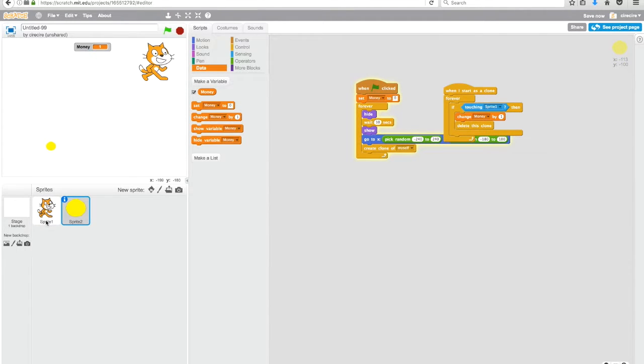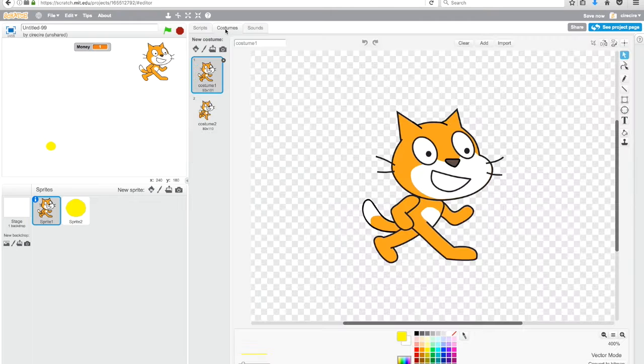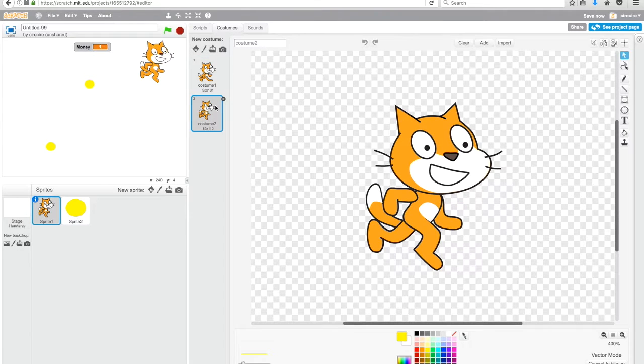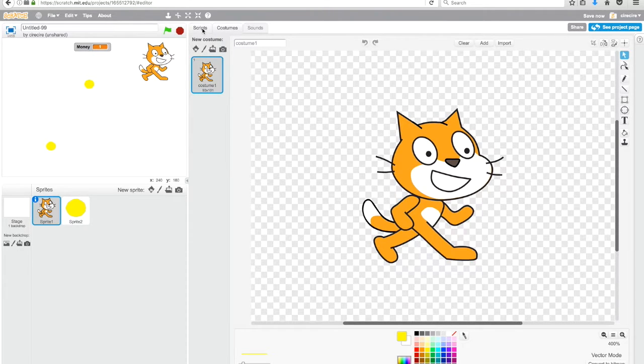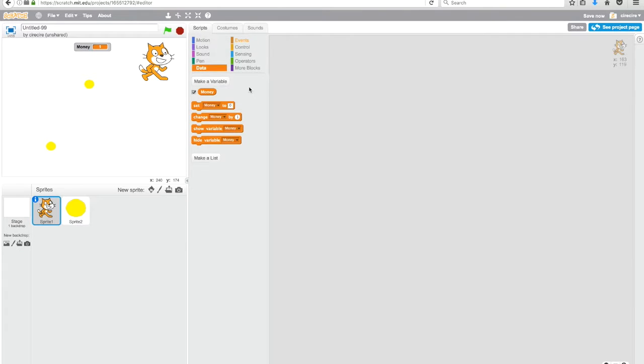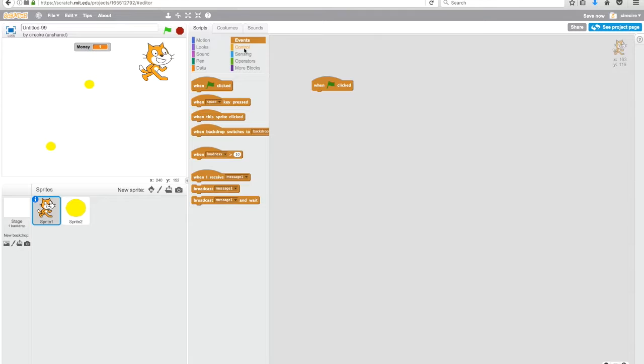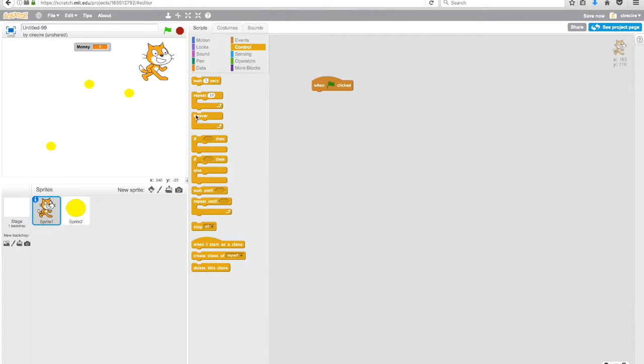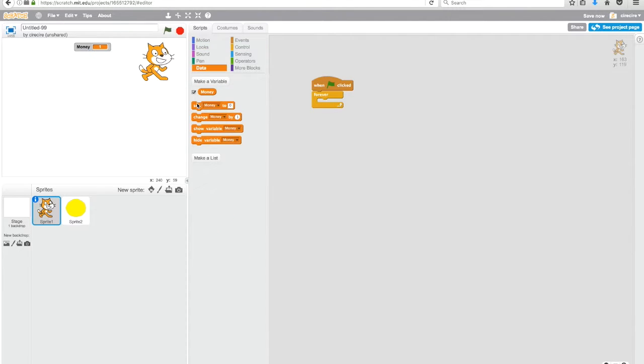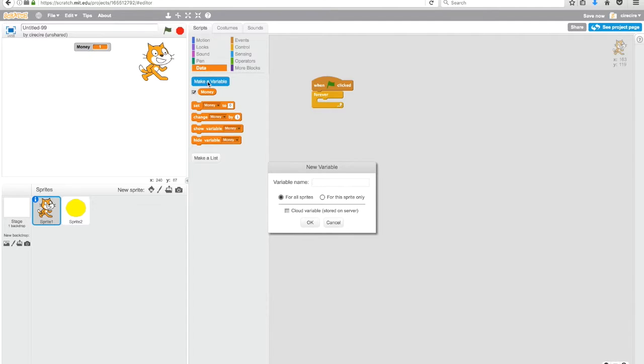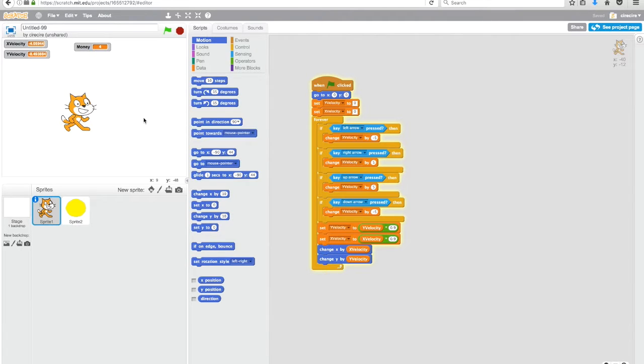So now what we want to do is make the cat move. This doesn't have to be a cat, by the way. It can be a sprite that you make if you want. But I'm just going to go ahead and add some basic smooth movement tricks. If you want to know how to do the smooth movement, then you can go see my last Scratch tutorial, which will be down in the description. But for now, add in this movement; you might need to fiddle around with these things a little bit